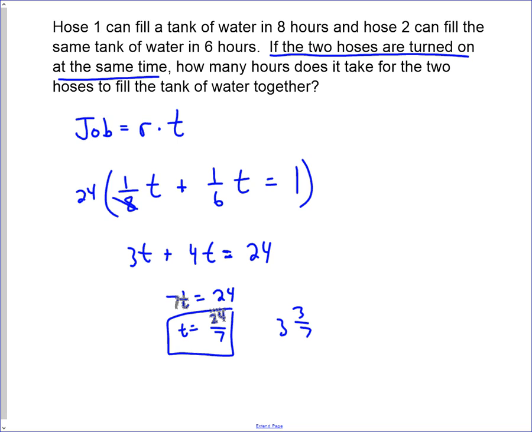hours. If their time was different, for instance, the problem might have been worded, hose 1 is turned on, 2 hours later, hose 2 is turned on. How long does it take them to finish? Well, then you would have just changed the second time to t minus 2, because hose 2 would be on 2 hours less than hose 1. And so there's a lot of ways for you to vary this technique of doing job equals rate times time and solve a variety of different types of